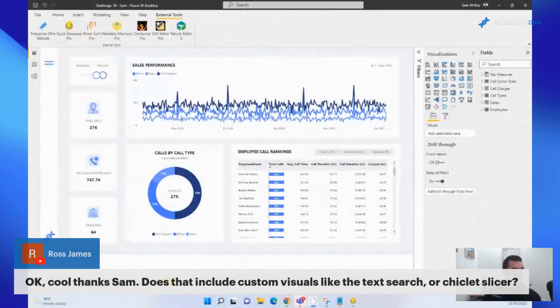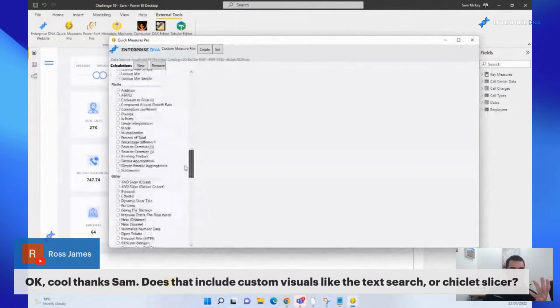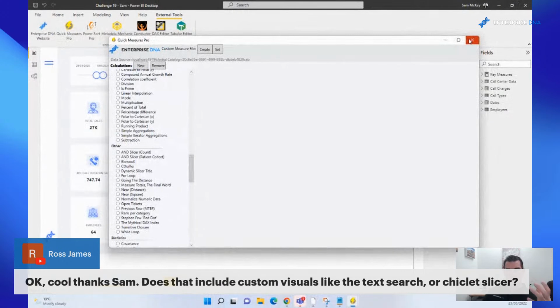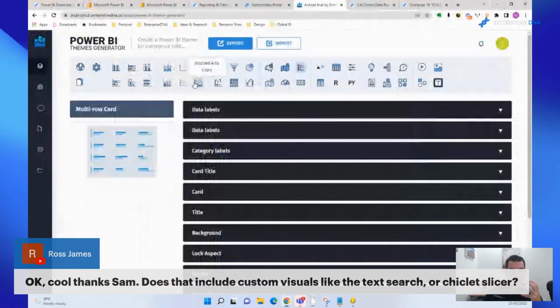So if I click on this, here's a whole range of measures that I can create really quickly. I'm not going to go into it, but this is for a later time. But in all parts of my development, we're looking to automate and have less clicks, right? And so we create a lot of reports, so we know where the inefficiencies are, and we're really trying to target all of those at all times.